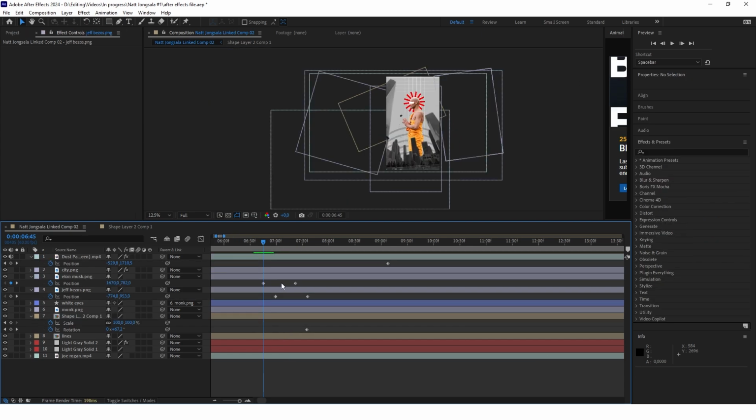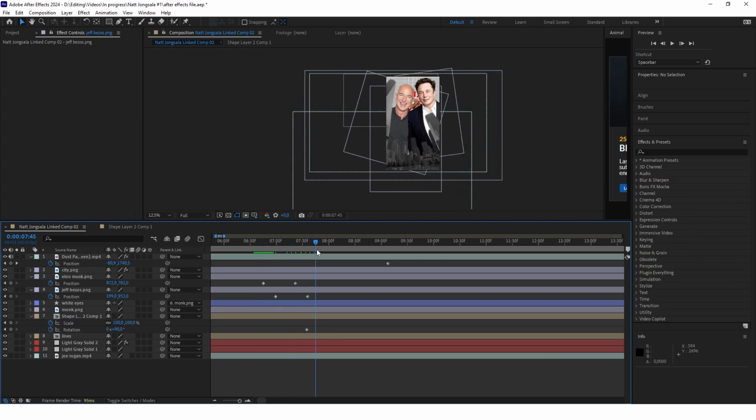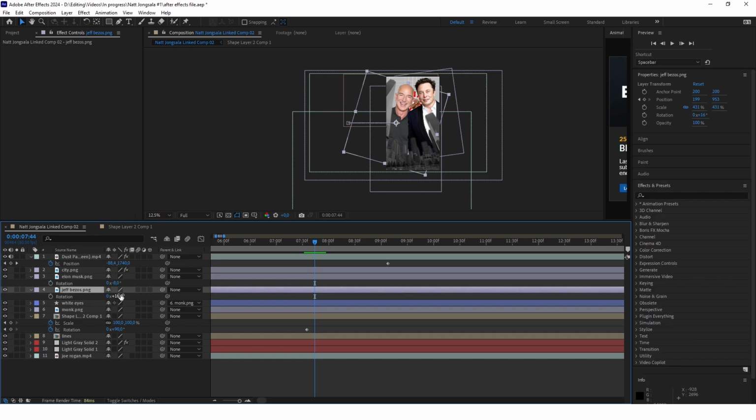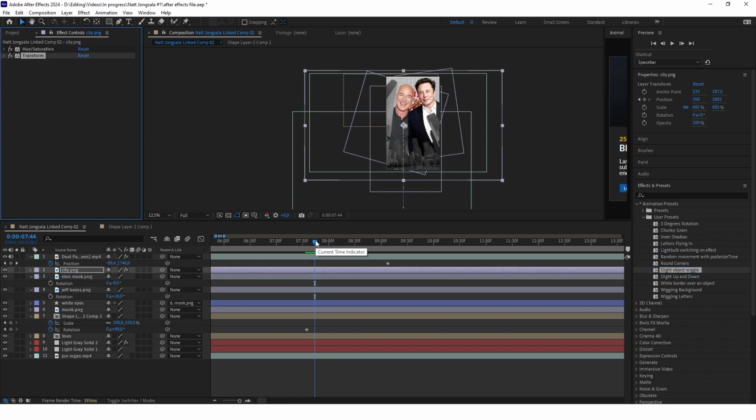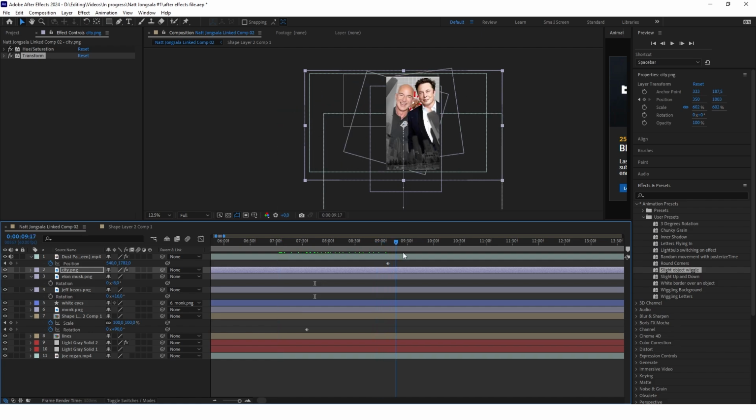Okay, this is how it looks right now. Also remember that it has to be pretty quick and that the right side character should be appearing first on the screen. Okay, and also other thing that I haven't mentioned before is that we have to add a really subtle wiggle effect to the city and to both of the characters. So I have a preset for that and it's called Slide Object Wiggle, and I will break it down right now. So let's add it to the city. Okay, let's see how the city looks right now. Yeah, it's way too strong.